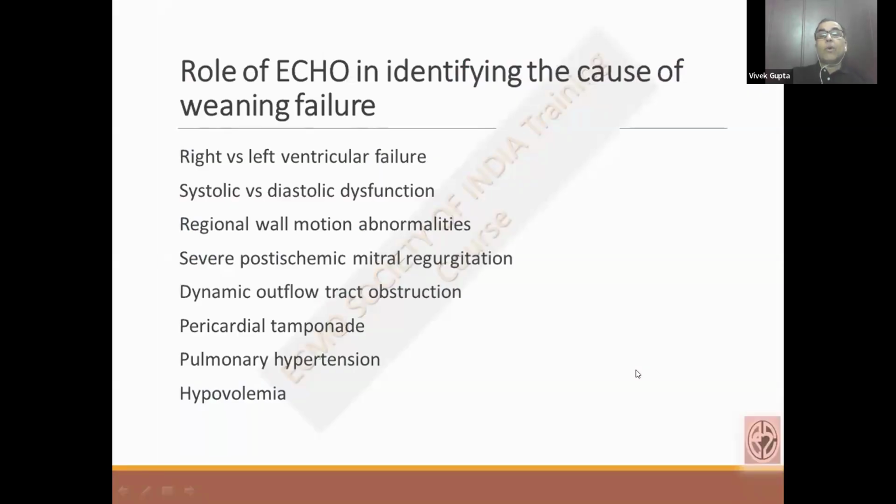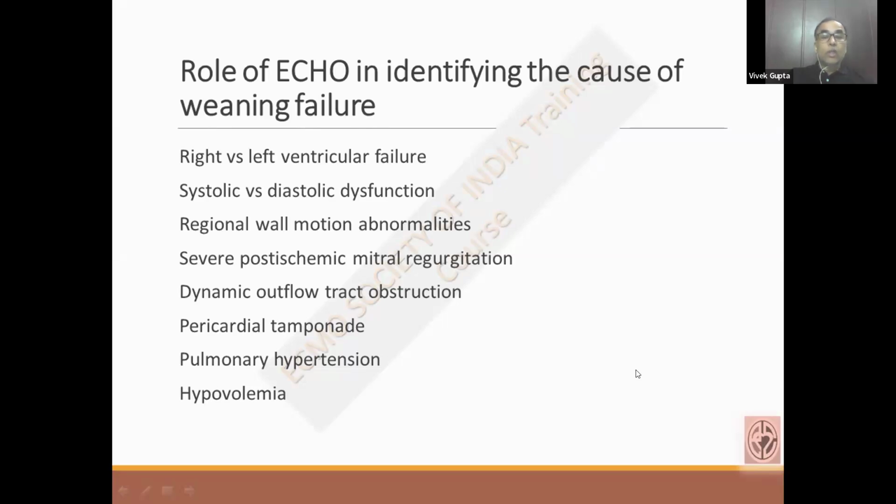Echocardiography has a very important role in both VV and VA ECMO, but in VA ECMO it probably has much more role as compared to VV ECMO. Because if there is a failure, you have to see why this ECMO weaning has failed, whether the right heart is the issue or the left ventricular issue, or there is a systolic or diastolic dysfunction. If there is development of any new regional wall abnormality, or there is some ischemic mitral regurgitation which is not allowing weaning